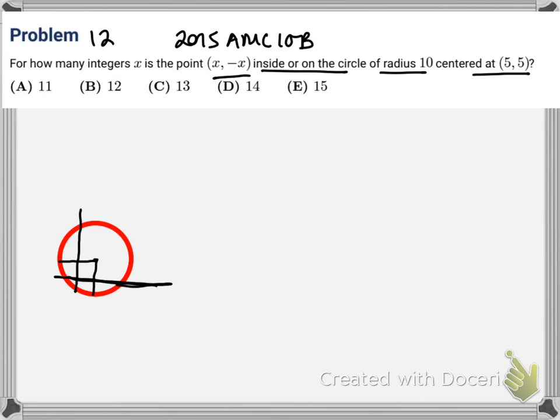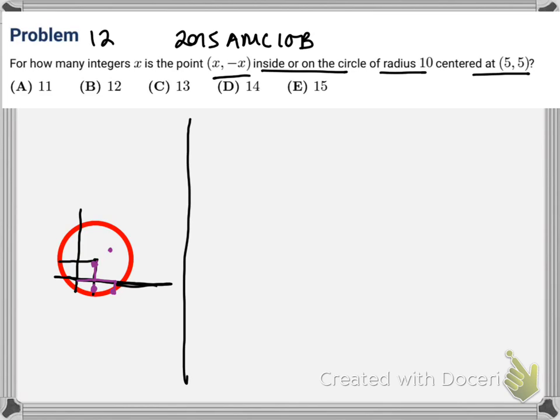One way I can approach this problem is by saying, I'm going to find all the points that satisfy x comma negative x within this circle. I mean, that looks like a 1 comma negative 1, maybe a 2. No, wait, 1 comma negative 1 is going to be 1 over, negative 1 down. 2 comma negative 2, like, I don't know, does that fall inside? Is that outside? Well, there's actually a more mathematical and intuitive way to do this than to just guess and